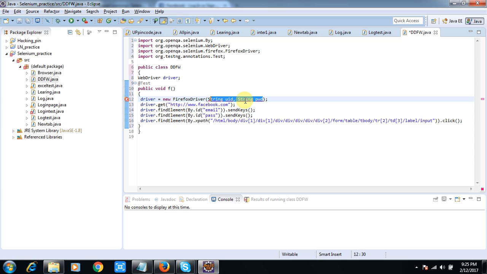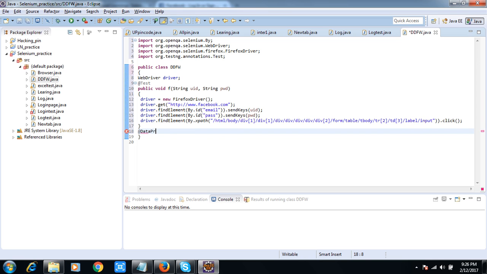Write it here. Now for UID, because string I have defined earlier, so no need to write the string. So I have done all these things. Now I need all this data from somewhere, meaning a data provider annotation. What I will do? Simply I will create a data provider annotation, which is DataProvider with capital P, and then I will give some name to it, like name is equal to Chandan. You can give any name.